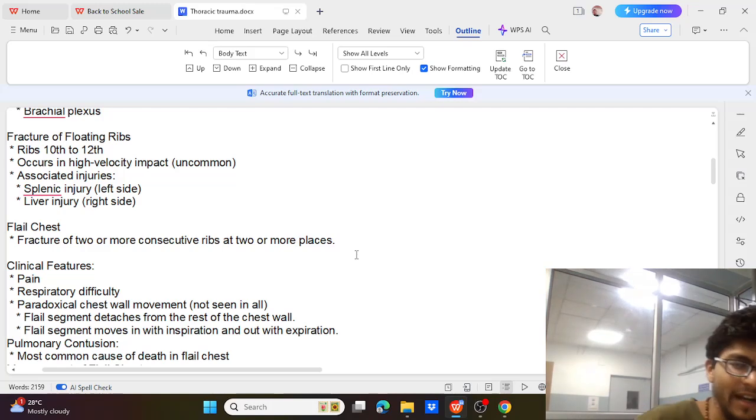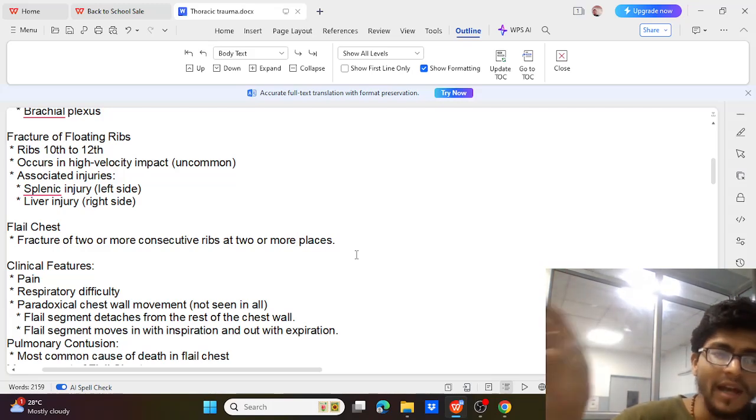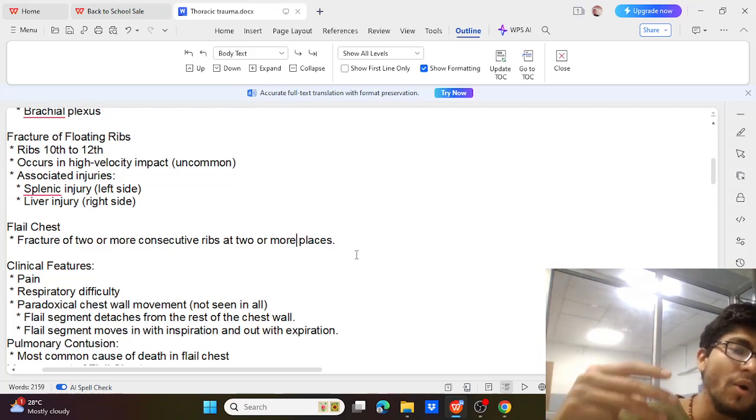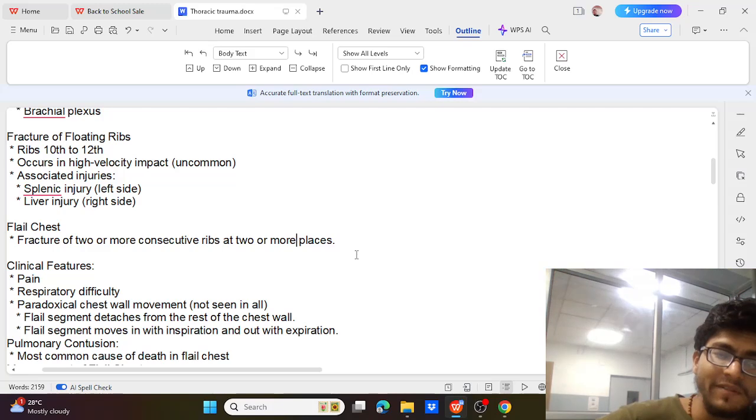Please try to imagine and understand flail chest. Two fractures in the third rib, two fractures in the fourth rib, or two fractures in the third rib and three fractures in the fourth rib. So two consecutive ribs, at two or more places. It could even be three ribs, second, third, fourth, each rib having two fractures, so that will form a flail segment of the injury. So this is the definition of flail chest. Hope it has been understood. दो कॉन्जिक्यूटिव रिब यानी एक के बाद एक, दो कॉन्जिक्यूटिव रिब में दो से ज्यादा जगह पे फ्रैक्चर होना चाहिए,